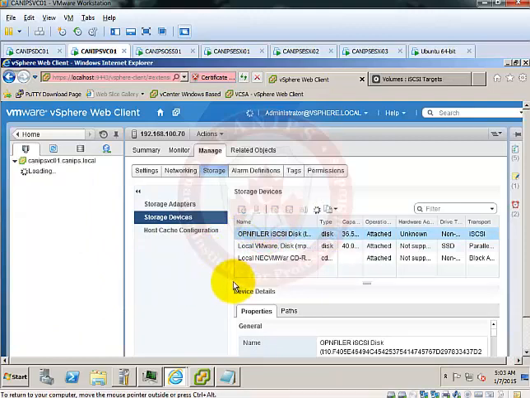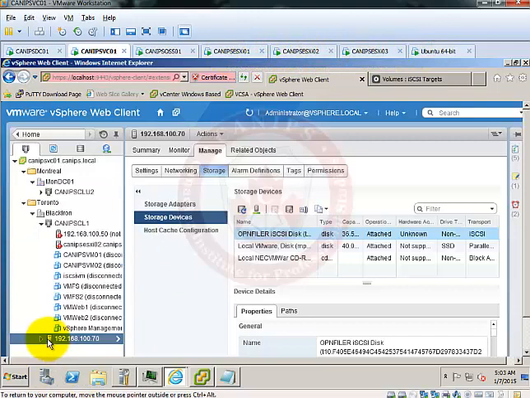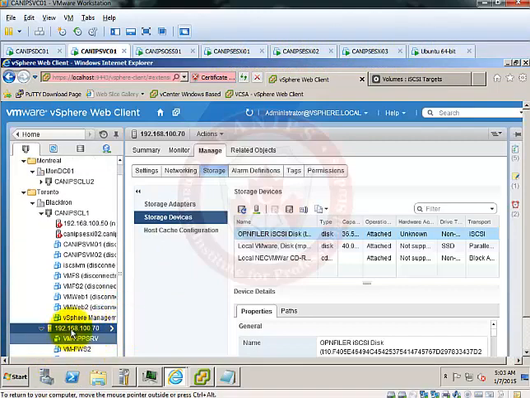Now one last point here is that we need to do the same. We need to add this Openfiler LUN on all the 3 ESXi hosts. It is now added to this. We need to add it to this and this in order for this LUN to be used in vMotion, DRS, and everything. Now just to make sure, if you go here